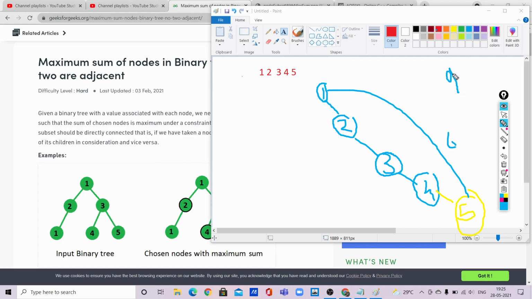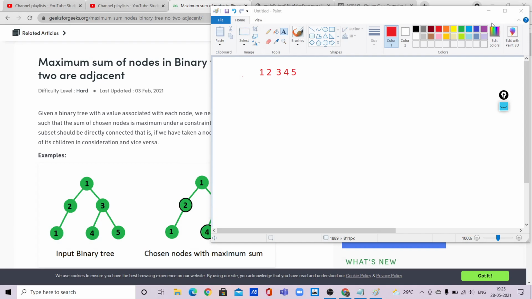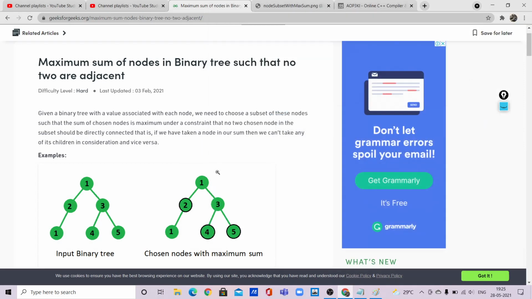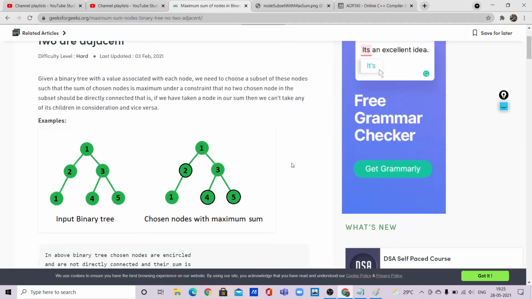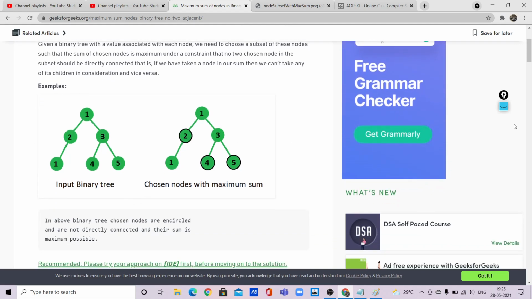So let us go into the approach of how we will be doing this. The approach is quite simple. The problem statement looks difficult to understand, but the approach is very simple. In the solution, what we will be doing is assuming that this should be a part of our solution, and we will find the maximum among the alternate nodes. So the maximum among the alternate nodes in the left subtree and the right subtree is 5. So we will be taking this as a part of our solution.